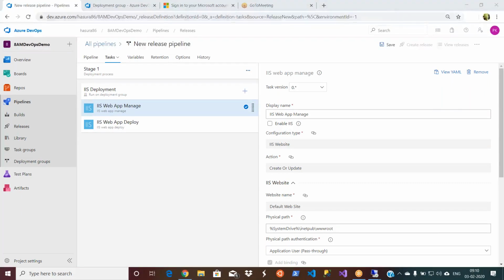Why did we keep this web API in a separate repository? Just a scenario. I just wanted to show you another scenario, nothing other than that. Because you can keep the projects under the same solution, you can keep the projects under different solutions, or you can use different repositories for the same project. I just wanted to cover all these scenarios. That's the reason I used it. There is nothing other than that.